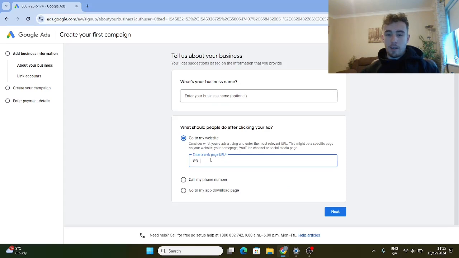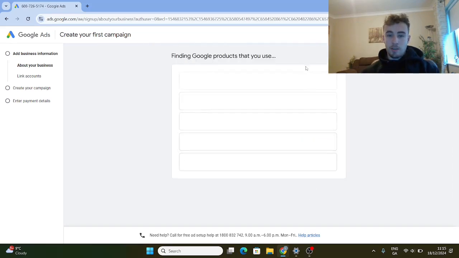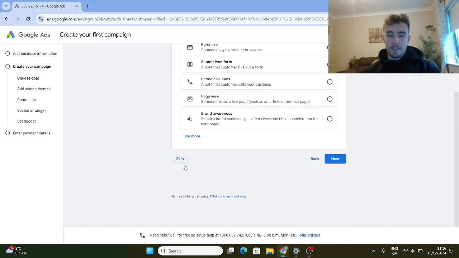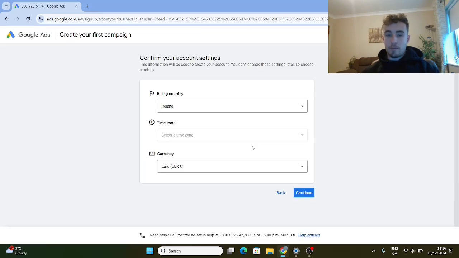It does make you put in a URL just to get past this first space here. So we'll just put in any random URL because we won't actually be using this for the campaign. And just press next to skip past all of this as quickly as possible. It'll start asking you to select different things about what you want your campaign to look like, but we can skip all that for now. We can skip all this as well. Also, all of these are things we'll be doing once we actually start making the campaign, once we have the account made. We can just leave campaign creation, and now it'll bring us to confirming your account settings,